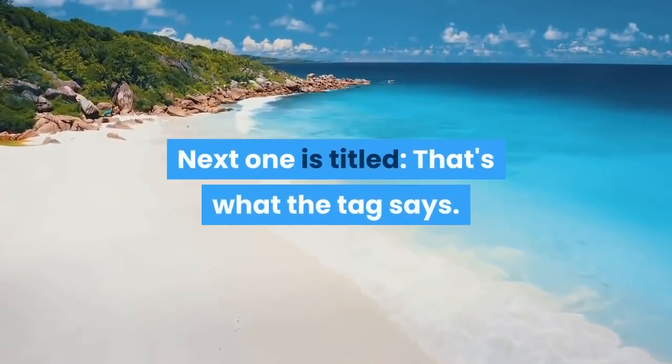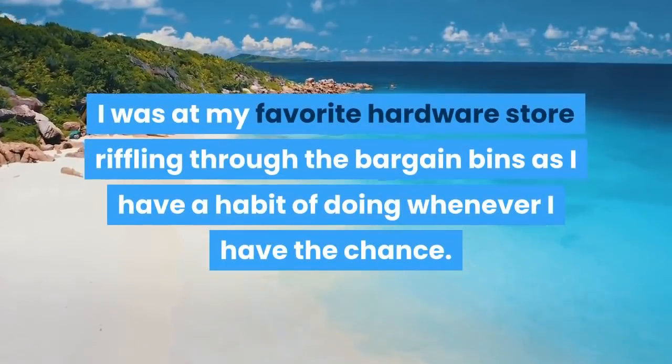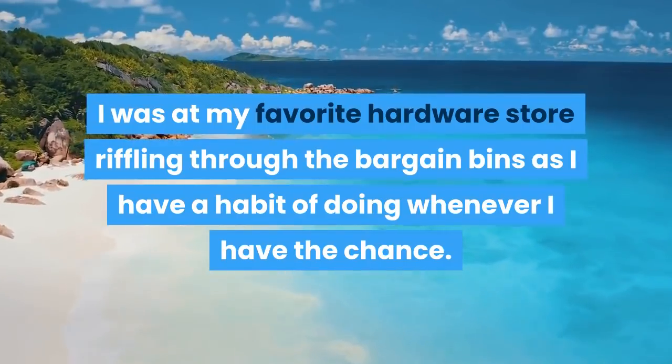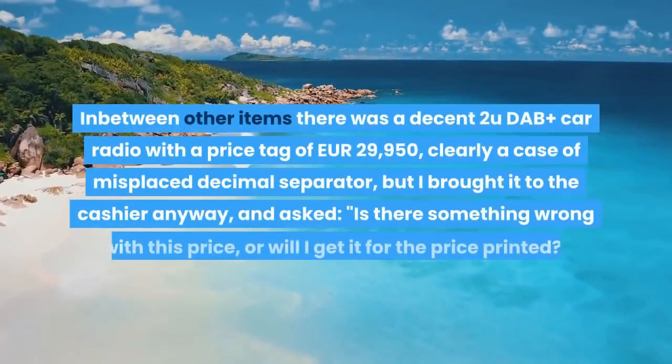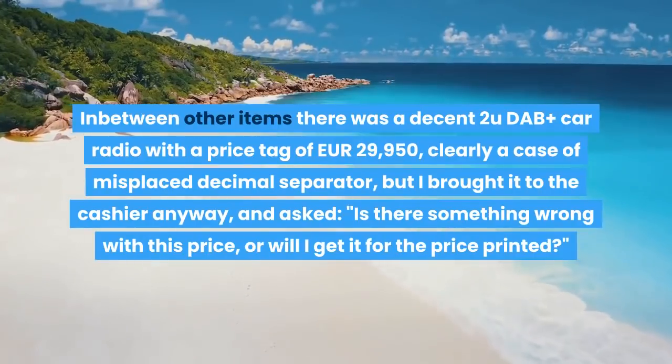Next one is titled, That's What the Tag Says. I was at my favorite hardware store riffling through the bargain bins as I have a habit of doing whenever I have the chance. In between other items there was a decent 2 DIN Plus car radio with a price tag of